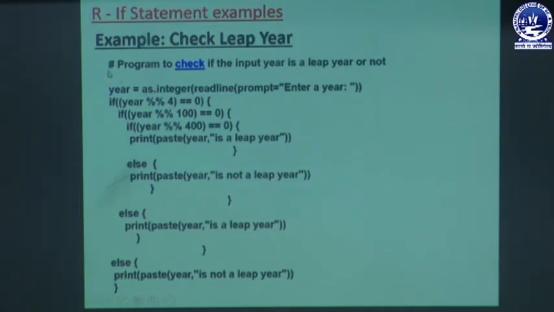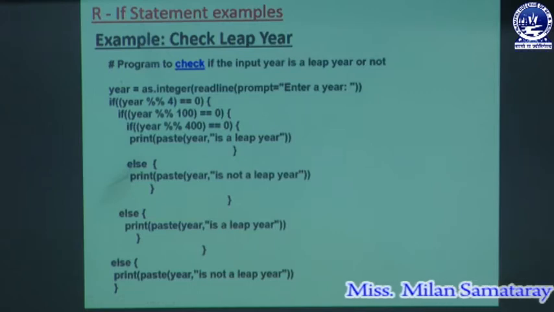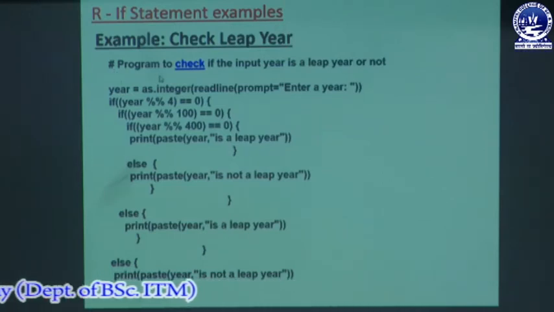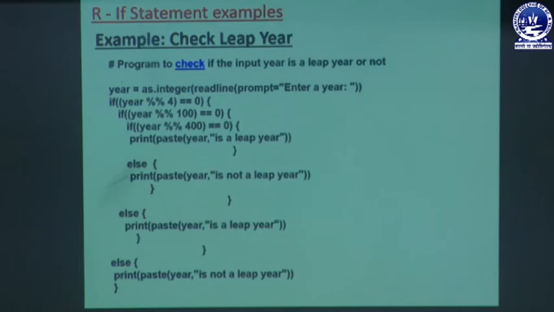This is the syntax of writing comment lines. A comment line is written to give some idea about the program, and the statements written inside the comment line will not be executed, or you can say will not be interpreted by the R interpreter. Here is our single line comment, and the syntax of writing that is by providing a hash symbol before the statement.